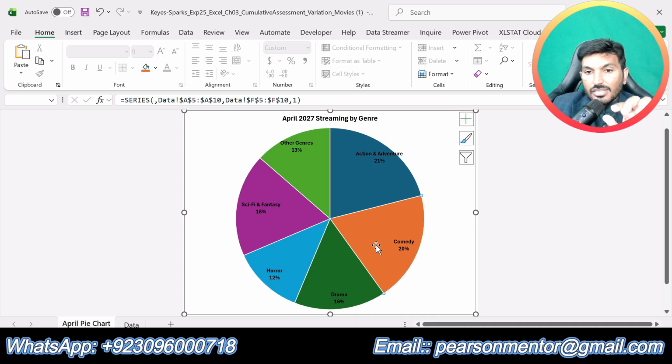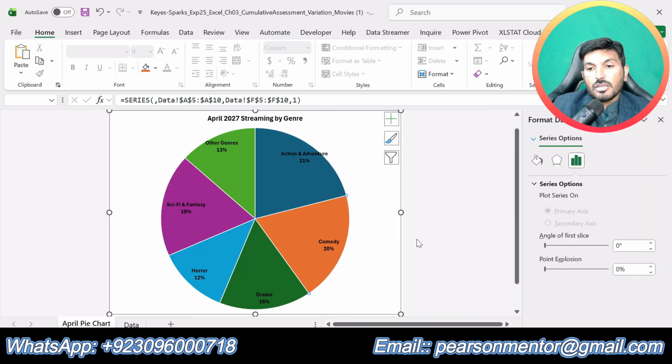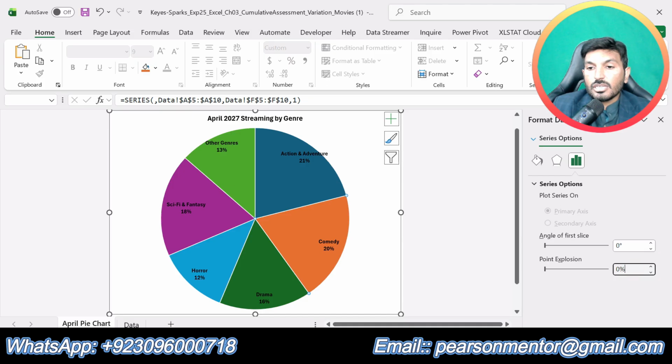Just select only this comedy slice and then right click on that and click format data point, because we are supposed to only format the comedy slice. Then we are supposed to explode this comedy slice by 7%. So in explosion type 7% and press enter.